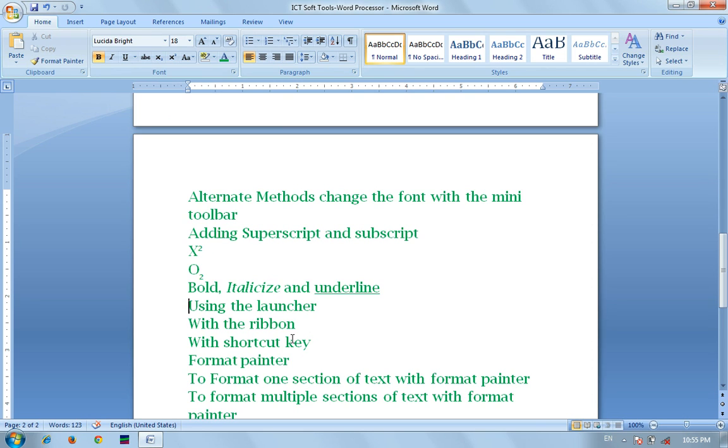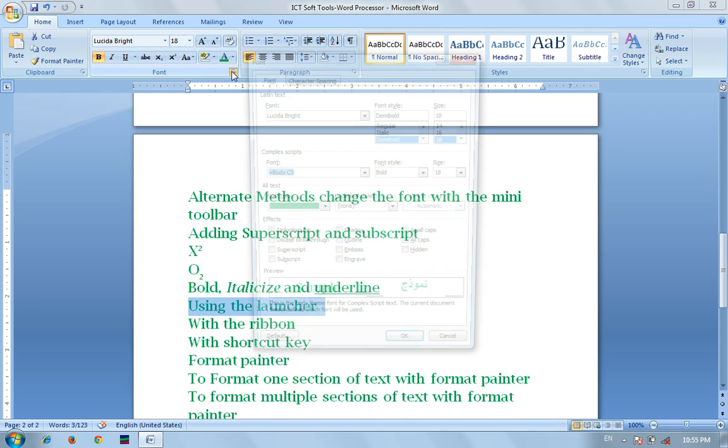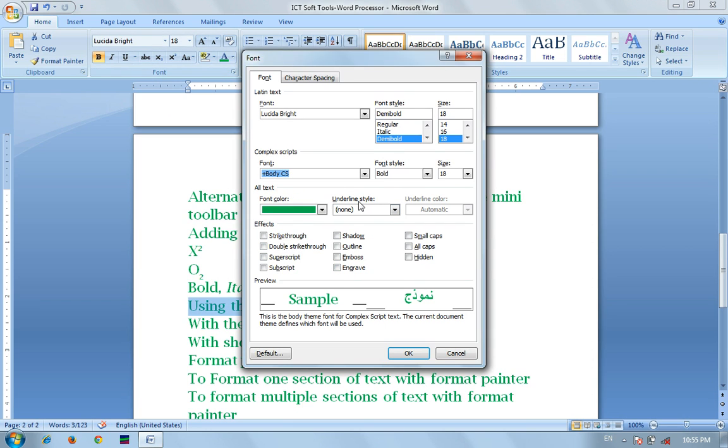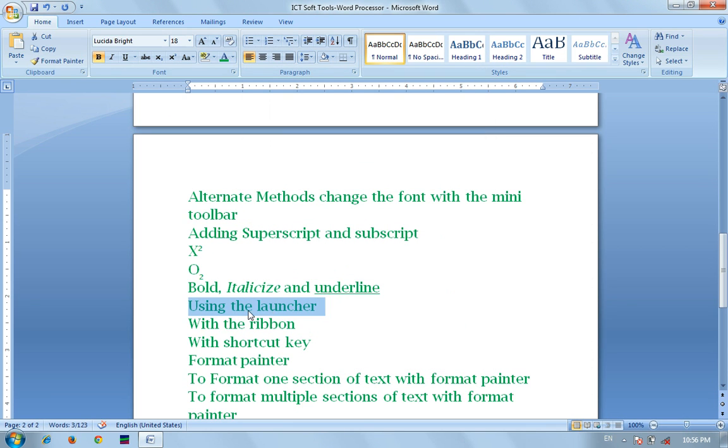When you select a particular sentence, the launchers are available here: underline style none, font color, and font style. When I have already selected bold and again select italic, click OK. Then next I select